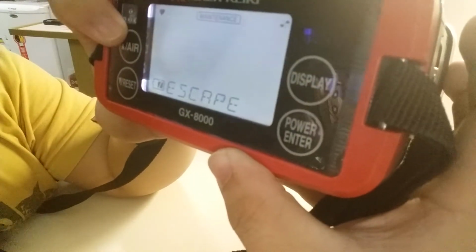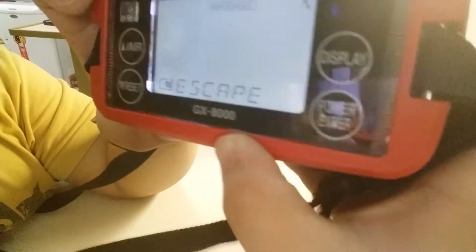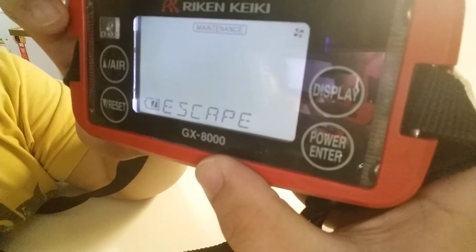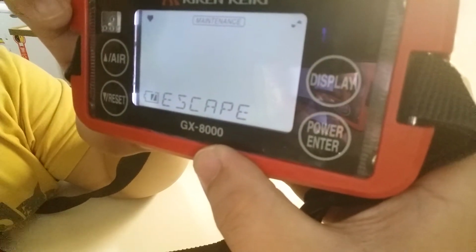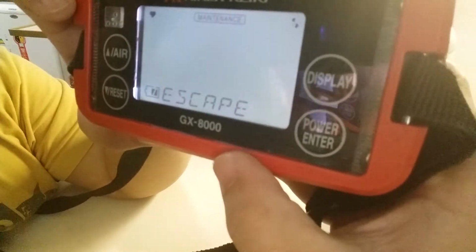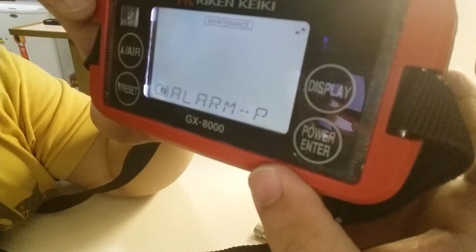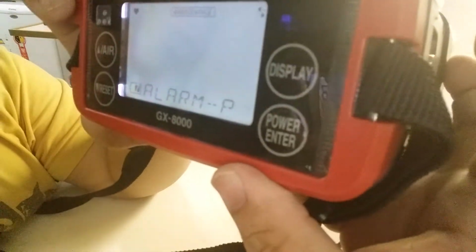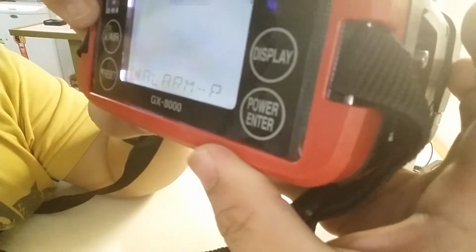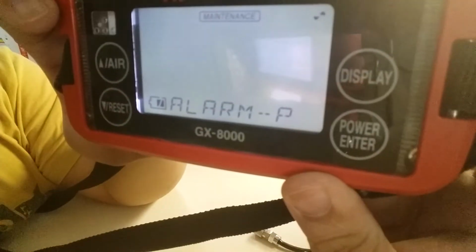So we will press arrow up. It will show you escape. Means if you already completed, then once we are in the escape, press enter. Now we have already completed the alarm parameter settings. So we will proceed to the next